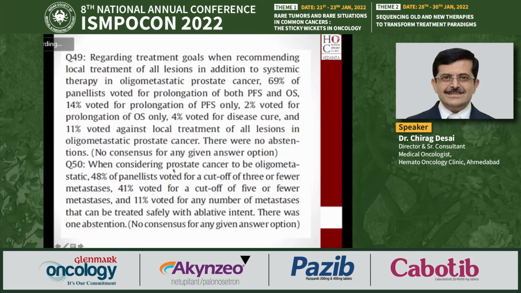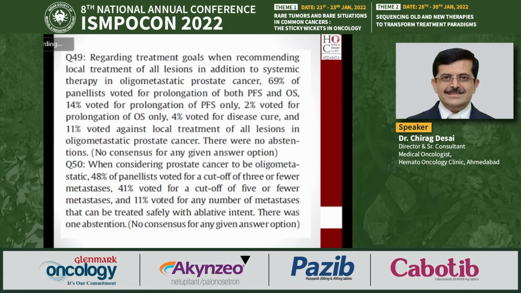When considering prostate cancer to be oligometastatic, 48% of panelists voted for a cutoff of 3 or fewer metastases, and 41% voted for a cutoff of 5 or fewer metastases. So there is no clear consensus, and the art is evolving. I hope that in future we will be able to cure at least some